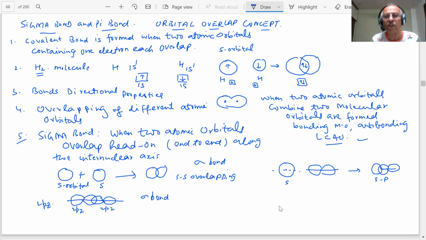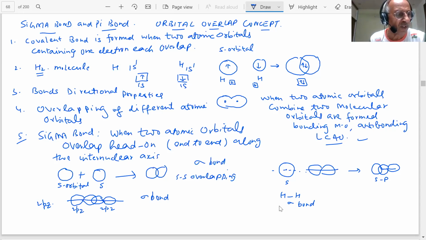So in the case of hydrogen, which we have shown here, what is happening? The 1s atomic orbital of hydrogen has one unpaired electron, and the other has an electron of opposite spin. They will overlap. These atomic orbitals overlap and form a covalent bond, and in the case of hydrogen this covalent bond is a sigma bond. What is this? Sigma bond. Noted, student.